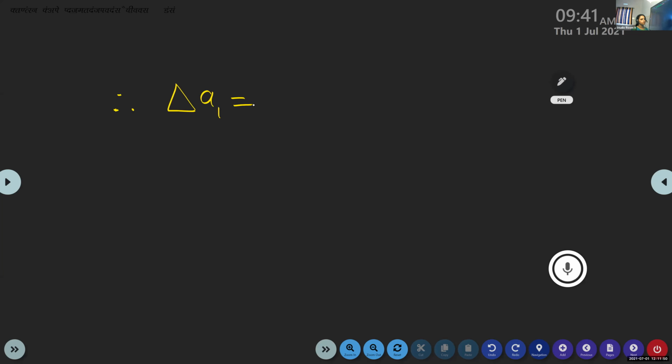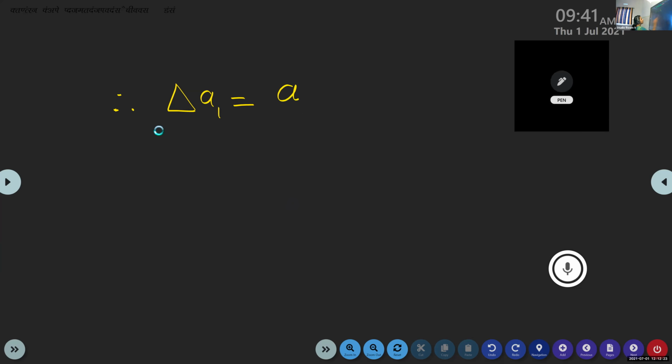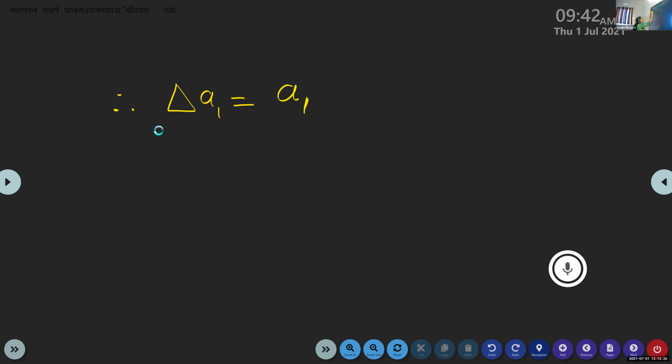Delta A1 is equal to G. Can you say the equation? How can we calculate the absolute error corresponding to the first measured value? I didn't finish writing. The first measured value. There are some technical issues. Okay. Delta A1 is equal to A1